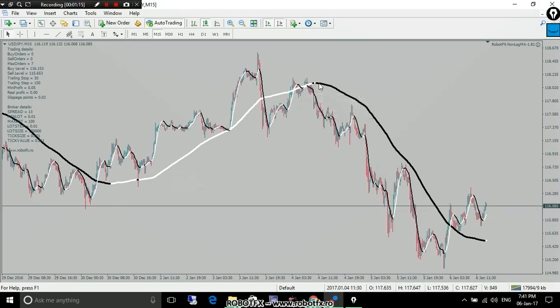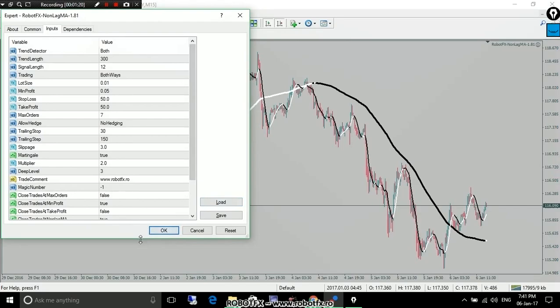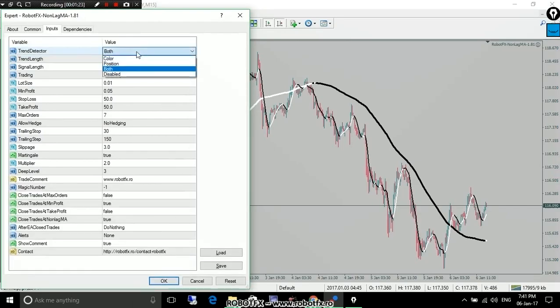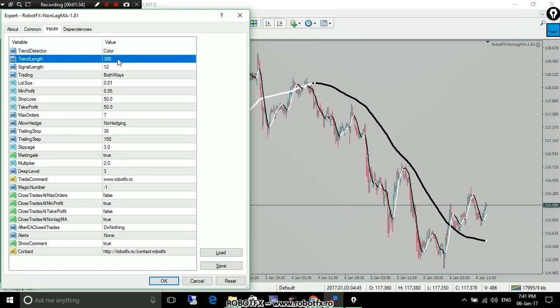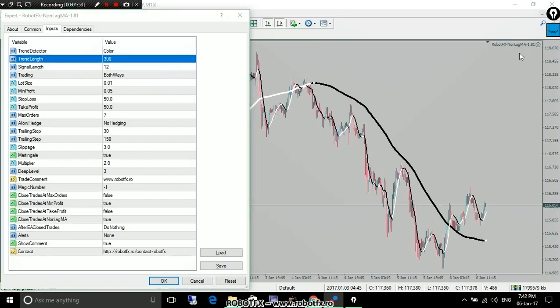All right. So the Expert Advisor has three options to decide about the trend. These are color, position, and both of these two. I'll explain them. You can also set the trend detector to disable if you want. And by the way, the length of the non-line moving average for the trend, the trend length, is set to 300 in this example. In a nutshell, the Expert Advisor uses only this indicator, the non-line moving average indicator,